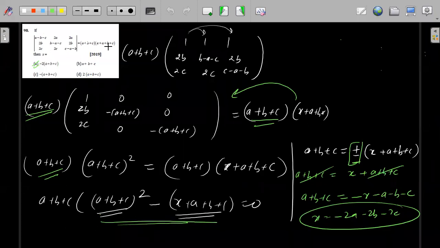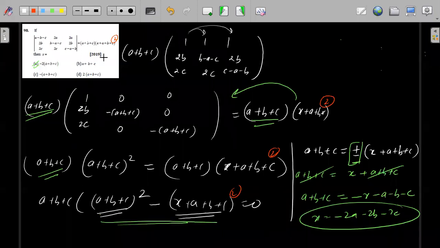Oh, sorry. There was a root here also. This is a plus b plus c, x into a plus b plus c whole square. Yeah, there was a whole square here also. Sorry. Yes, now you will get it. Sorry, this was a whole square in the question.